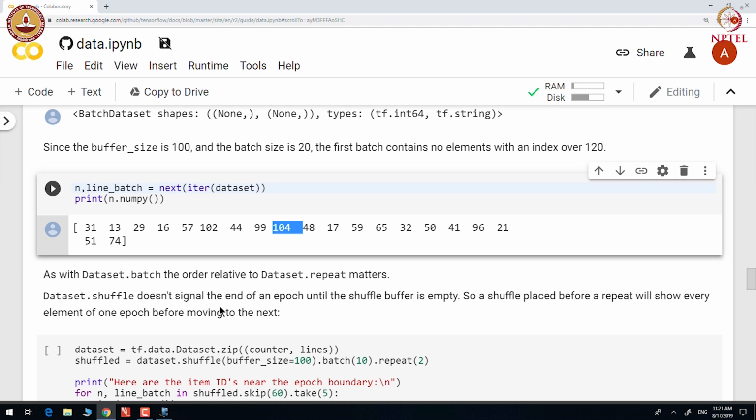As with the batch transformation, the order related to repeat matters for shuffle. The shuffle does not signal the end of the epoch until the shuffle buffer is empty. So, a shuffle placed before a repeat will show every element of one epoch before moving to the next.